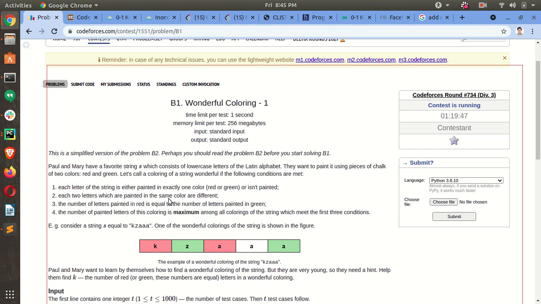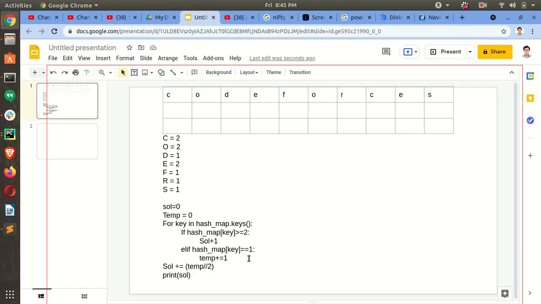We can't paint two similar letters with the same color, according to the second condition. The rest we can leave unpainted. So this is how we can solve this problem, in the complexity of big O of n, the length of the string.